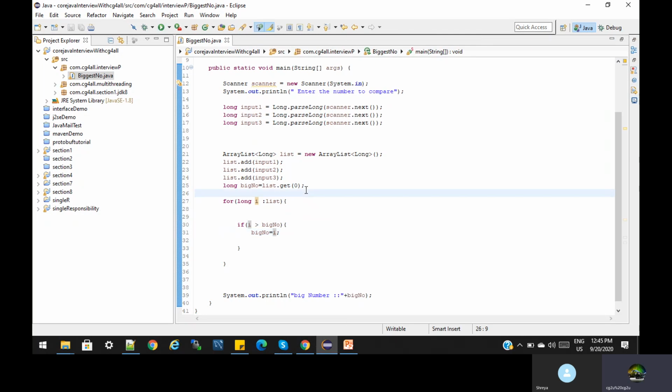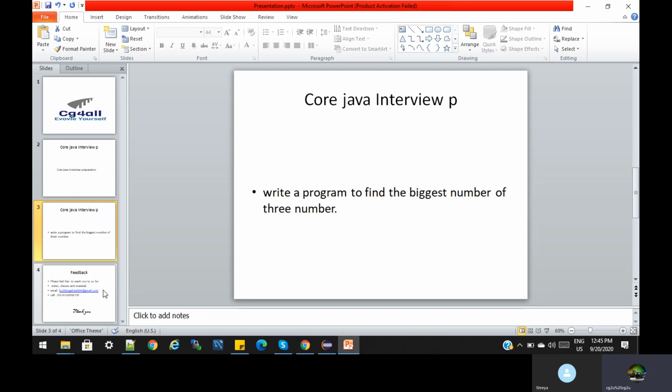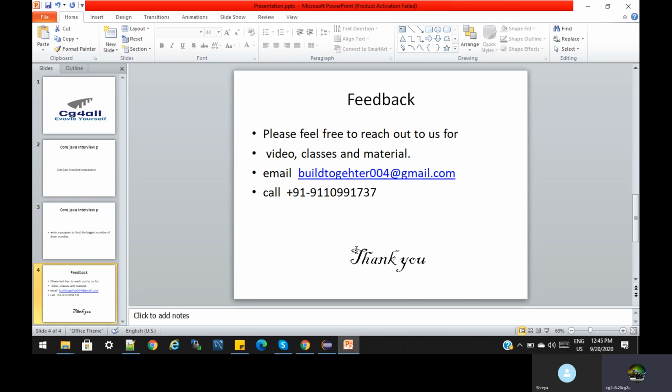So today in the program, what is the question? We have to find the biggest number among 3 numbers. We saw how to find the biggest number among 3 numbers, and after that we also came to know how to find the biggest number among more than 3 or more than 100 numbers. We also understood how to use the classical for loop and how to use the enhanced for loop. Please go through that and try to use the for loop with the for each loop of Java 8 onwards. Do the practice.